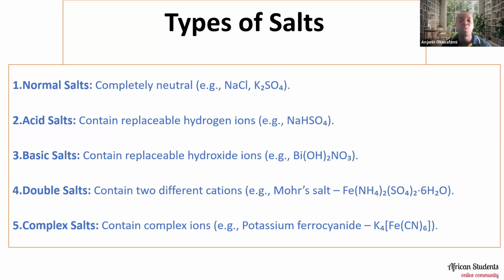We can also have what we call the acid salt, which contains replaceable hydrogen ions. Sodium hydrogen sulfate is an acid salt. It contains replaceable hydrogen ion. Then we have the basic salt. The basic salt contains replaceable hydroxide ions. Like take for instance the BiOH